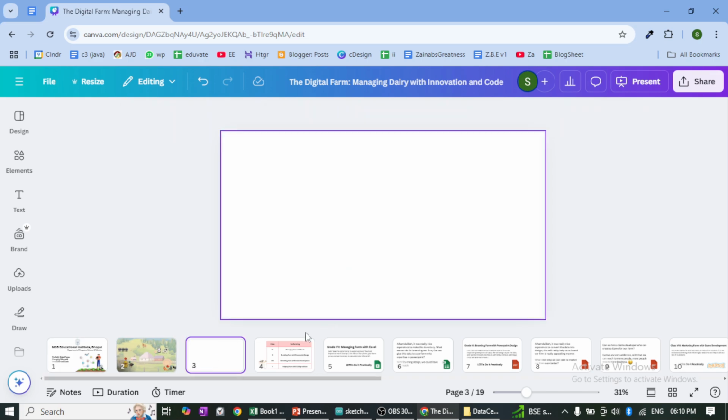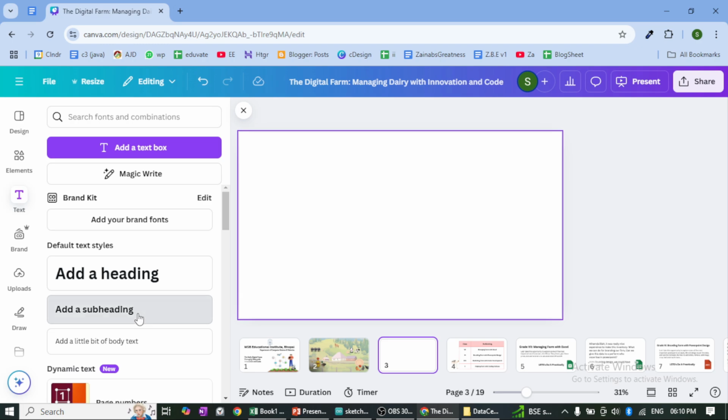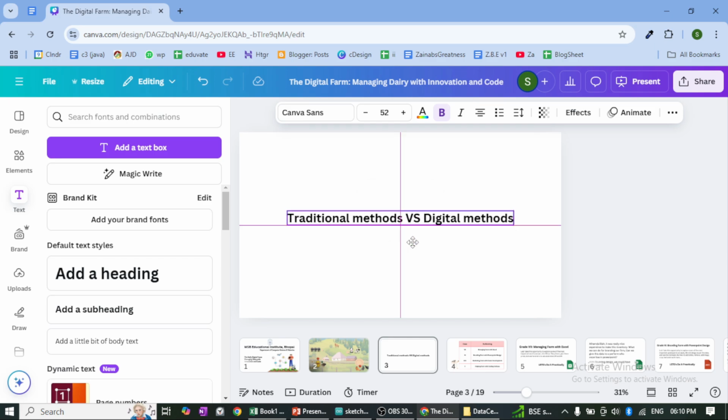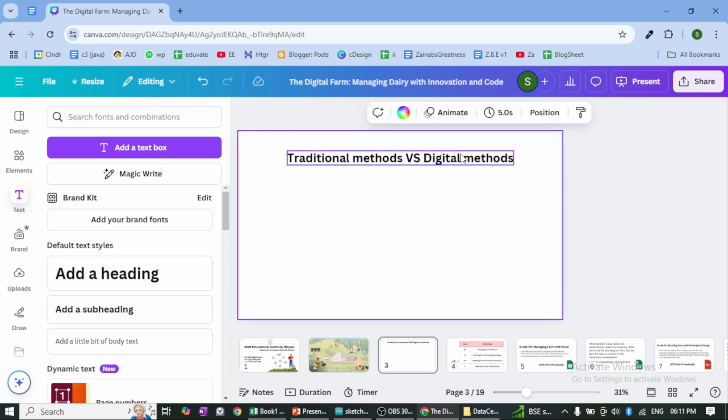And now here we will say that earlier we used to use the traditional methods in order to do the farming, but now we use the technological methods, or the digital methods. I will say digital methods. Okay, so I will tell them, in order to enter the data, earlier when we were entering the data,